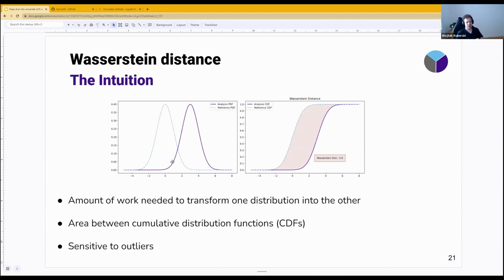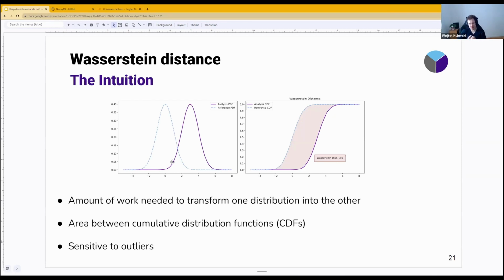It has a beautiful physical interpretation, which is that the Wasserstein distance is just the amount of work needed to transform one distribution into the other. So imagine that the distributions are like piles of dirt, and you have one pile of dirt, which is the reference probability density function, and you have the analysis probability density function. And if you were to transform one pile of dirt into the other, and you would calculate the amount of work, which is an actual physical equation for the work, it would give you the Wasserstein distance between two